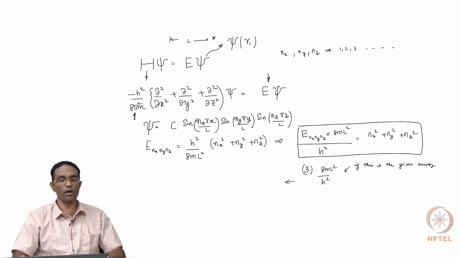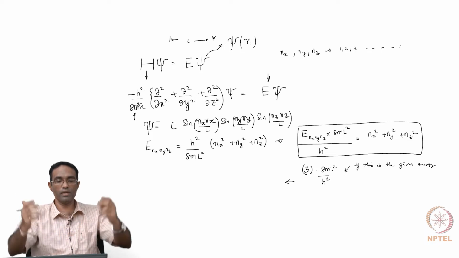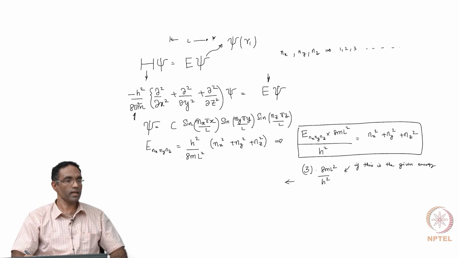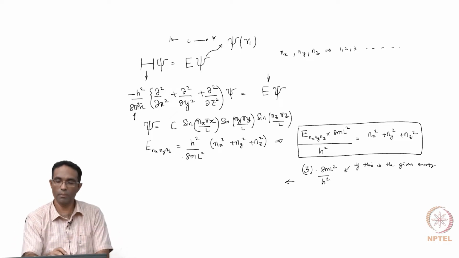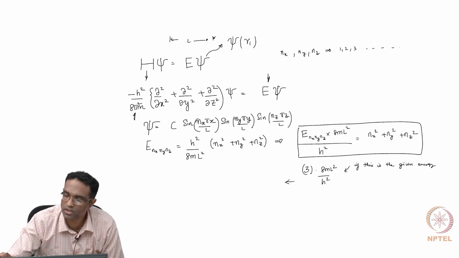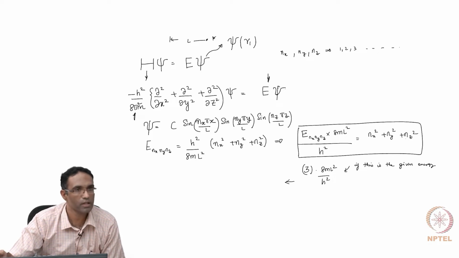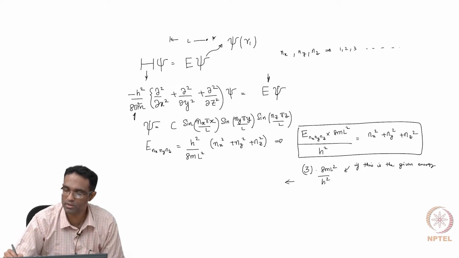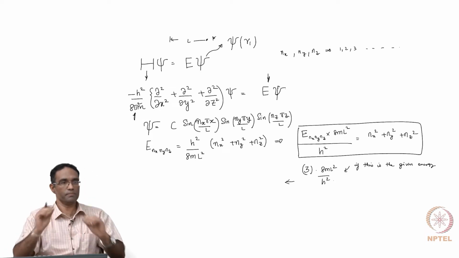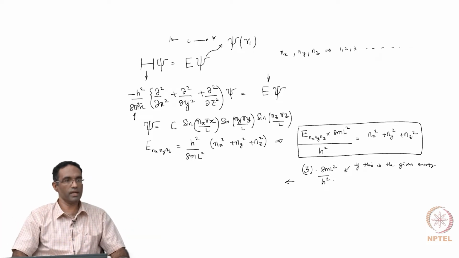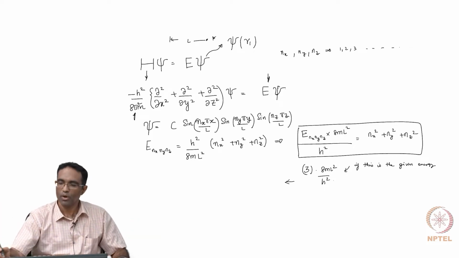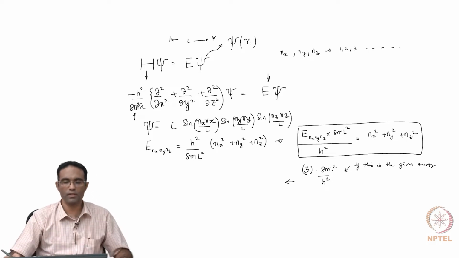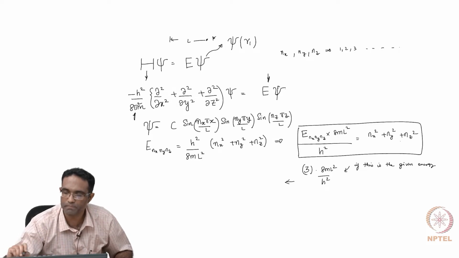So this is the solution for the Schrödinger's wave equation, and these are the various ways it can have energy E of nx, ny, nz. So the energy depends on these integers nx, ny and nz. Suppose I am saying that the imposed energy on the system is actually 3 times h square by 8 m L square. Energy is 3, and nx, ny, nz are each 1. So how will you get this energy? These will have to be what?